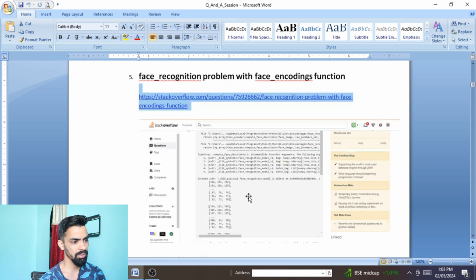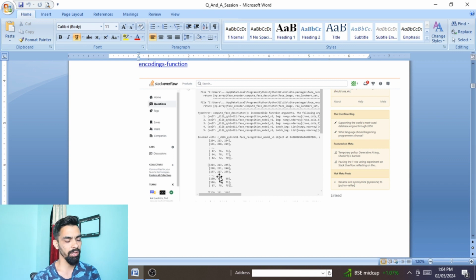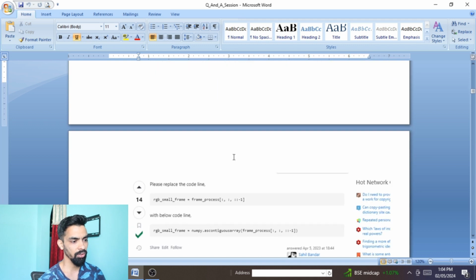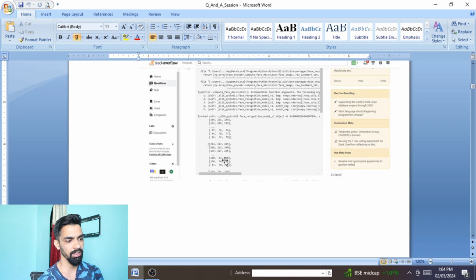You have to just read this article. If you type the same error, you will find this article. Some student asked me about this error. When I was doing this project, I did not get this error. That time I did not face it. I did that project 2 years back, and now you are doing it on the latest Python version, so you might be getting this error.